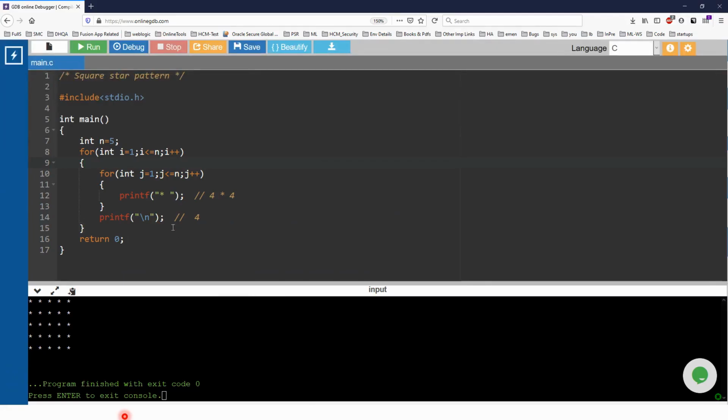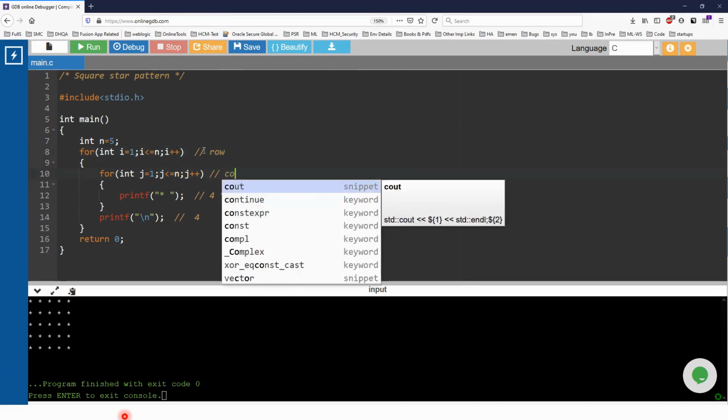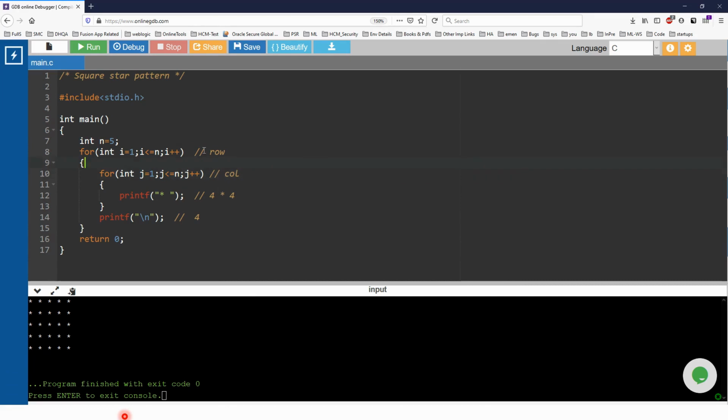So here I am with the online GDB. Here i represents row, and this is nothing but a column, right? It's just a name difference.